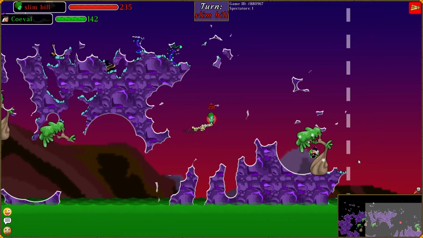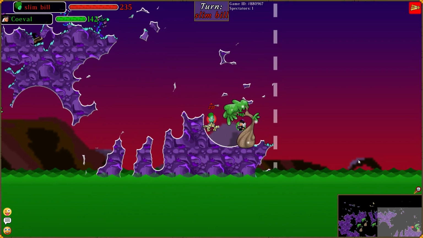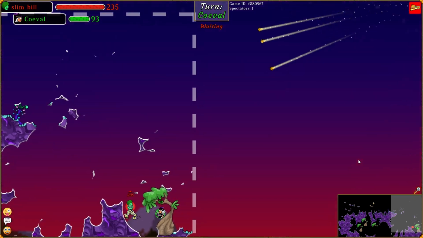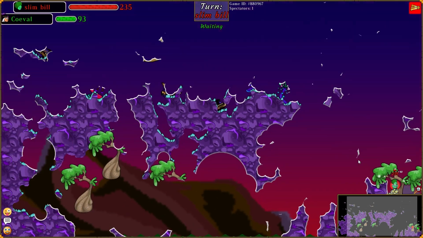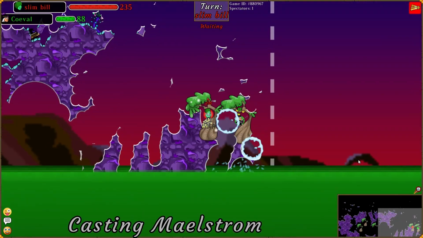Dang, imagine if that star hit him for a 40. That would have been nice for me. But now I'm down huge. He misses the clock there. Doesn't matter. And I go for the tree. I want to double drain next. Get some health back. Game's never over, as you guys saw in my first game, where I came back from